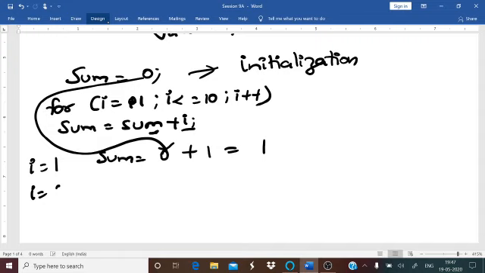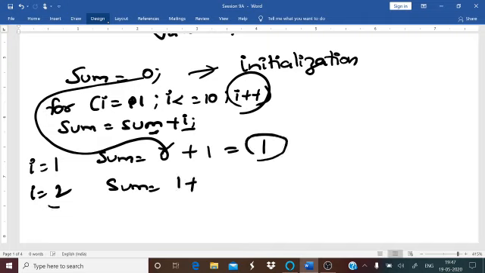In the next instance, I becomes 2. Then sum is equal to, what is the value of sum now? 1. 1 plus, what is the value of I? 2. So 3. So it goes on in this way.